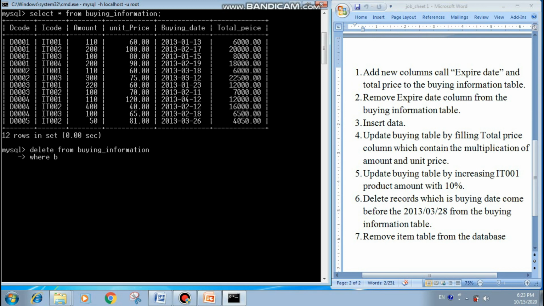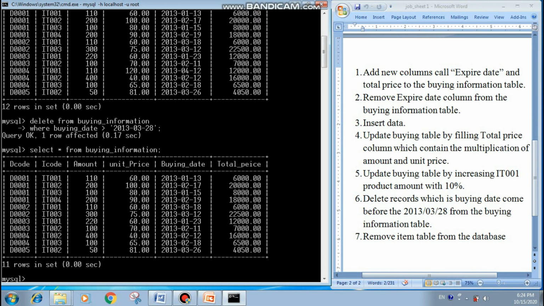According to my example it is buying date greater than the given date. We need to put the date inside single quotations. Semicolon. You can see the query is okay. That means that record is deleted from the current buying information table. You can see the result.